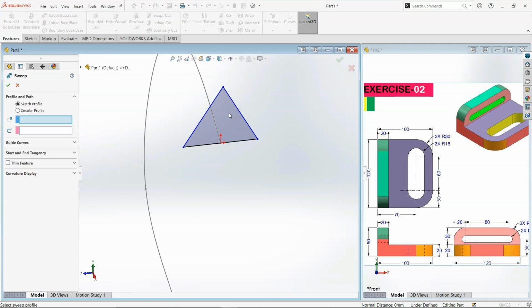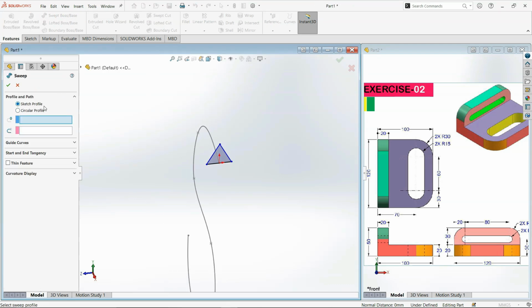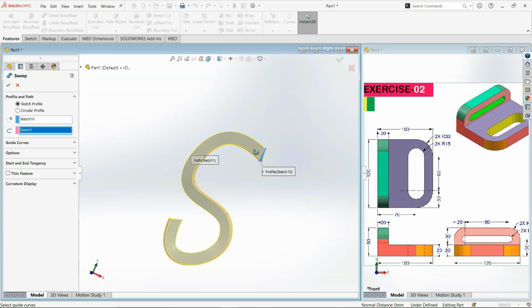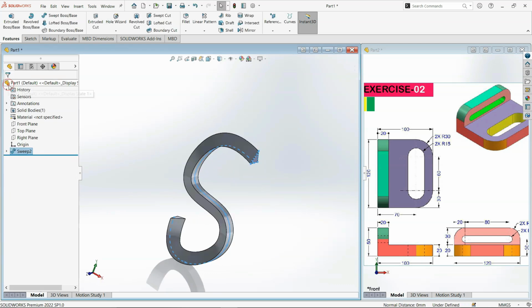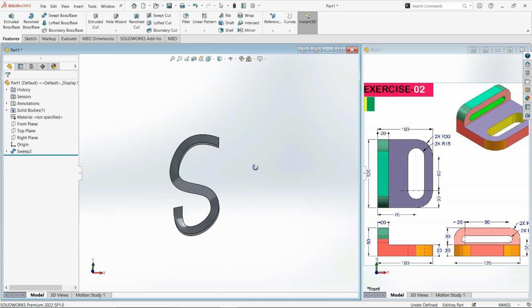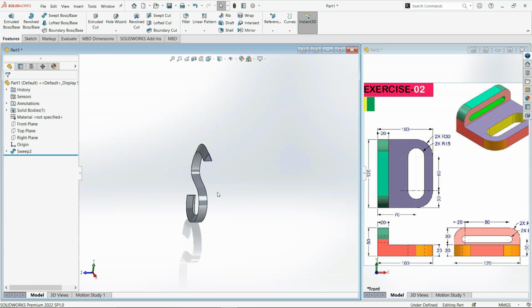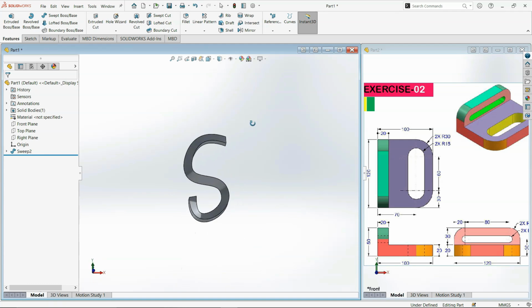So clicking on swept, on the default sketch profile, we can see the default demonstration here, that we have to select the profile and then select the line. So for the profile I will select this, and for the curve I will select this. So by clicking on OK, we have our S. Okay,